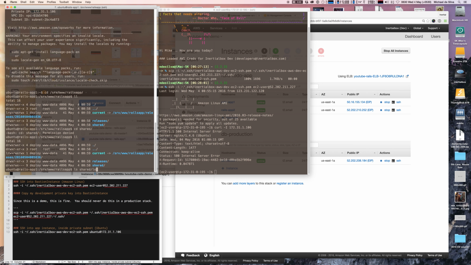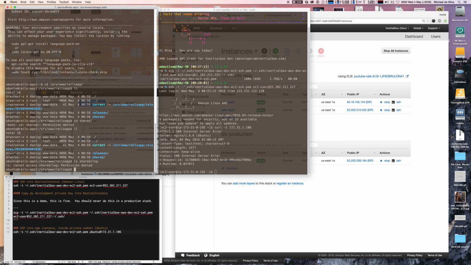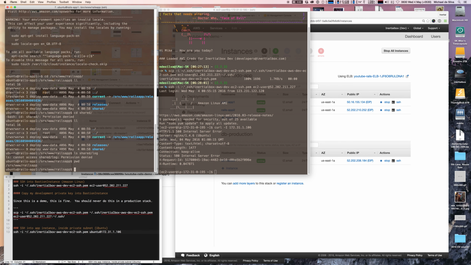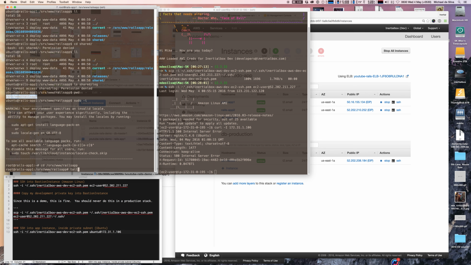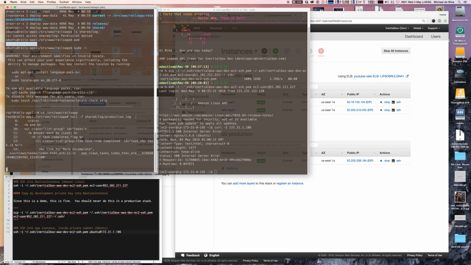Shared log. Permission issue. So let's do two things. First of all, I'm going to switch to the root user, and I'm now going to try tailing the logs. And here we go. So if I were to curl,